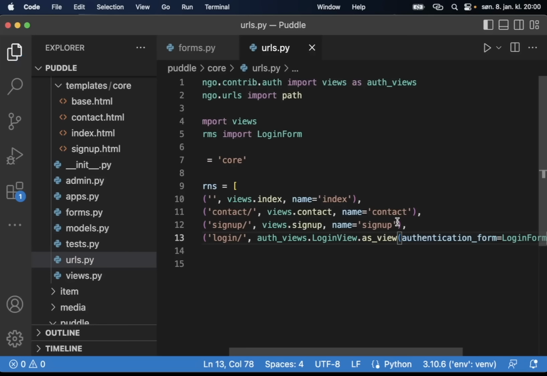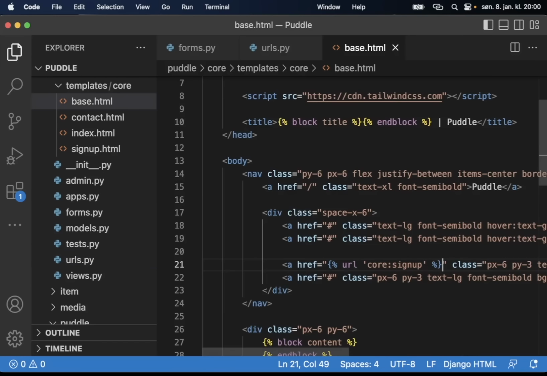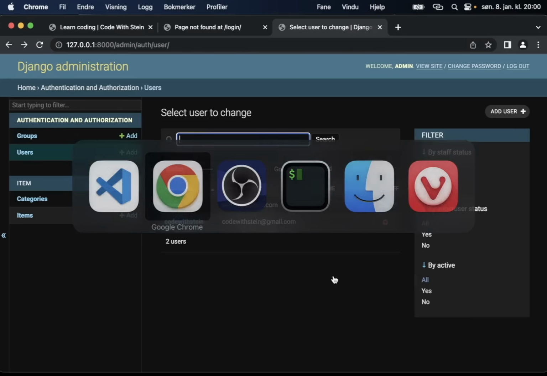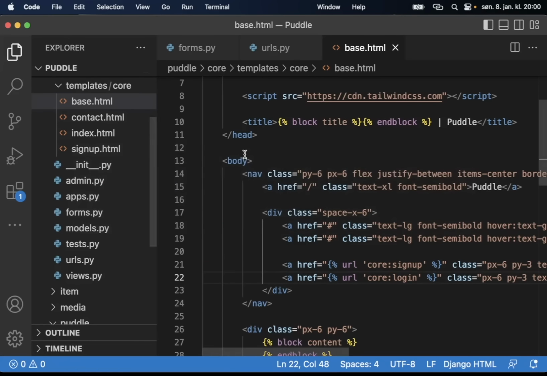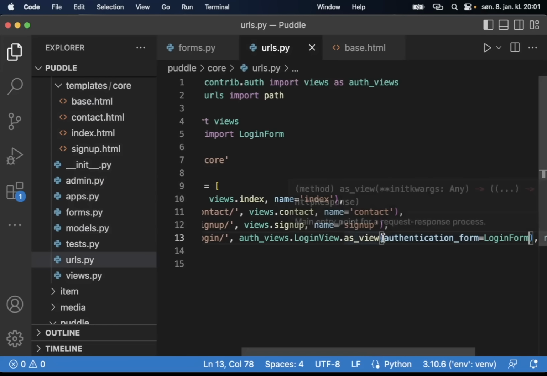So if I now just go to base.html, I can import this, fix this here, URL core login, save. So now we can try to use it. Okay, so now I get a template does not exist error because this doesn't exist, but this is still not the file we are going to use. So I need to update here to tell Django which files to use. Template name is